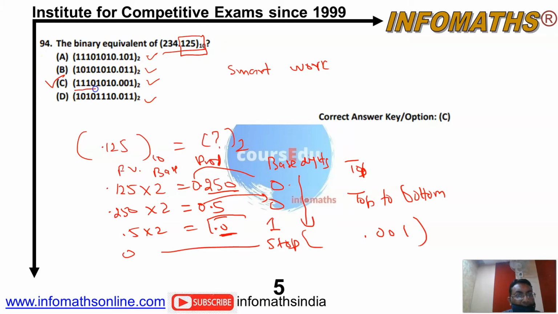So no need to discuss or solve it. This is already solved by the experts, by the examiners. So why waste the time solving this? But you can solve it in case of emergency. It's very simple to solve 234 into binary, dividing it by 2 or using the 1, 2, 4, 8, 16, 32, 64, 128 method.